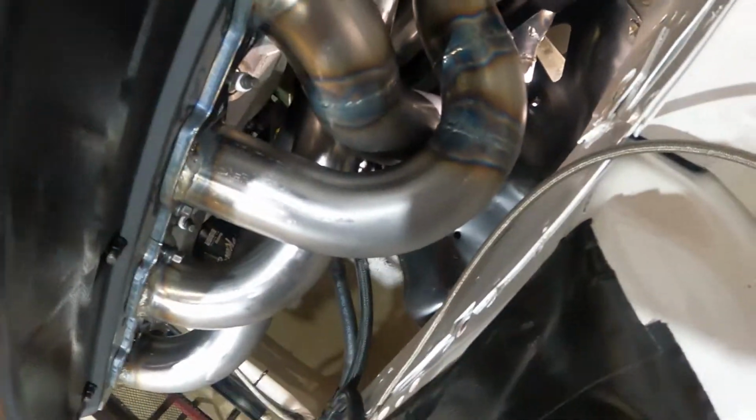So I think I'm gonna notch out a little bit more, and then that should take all the pressure off of this tube. And yeah,